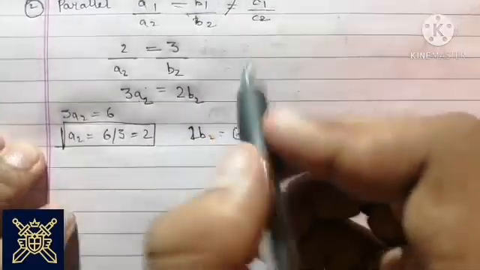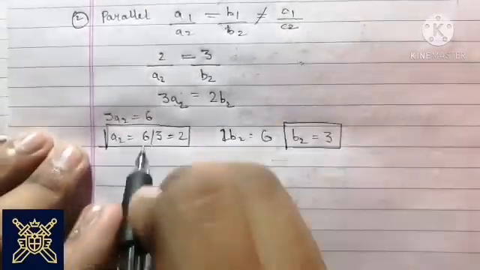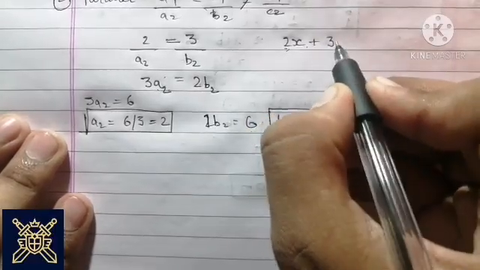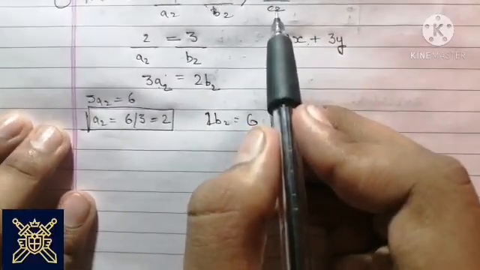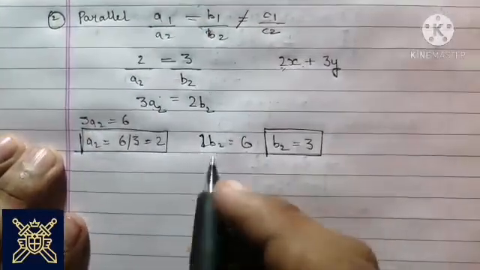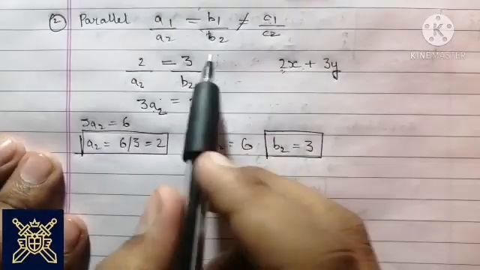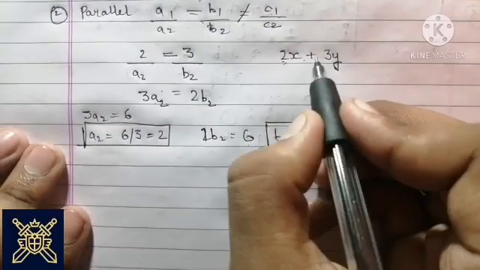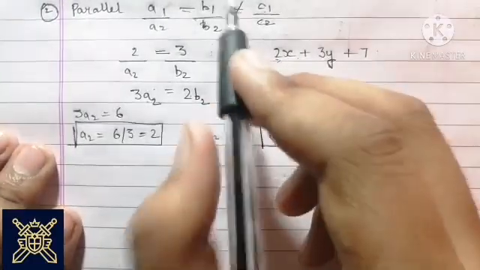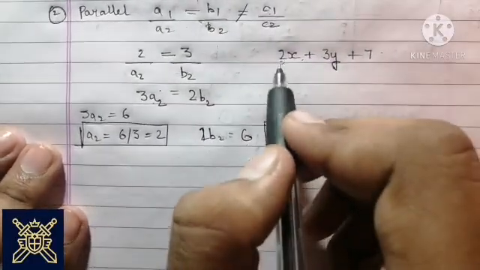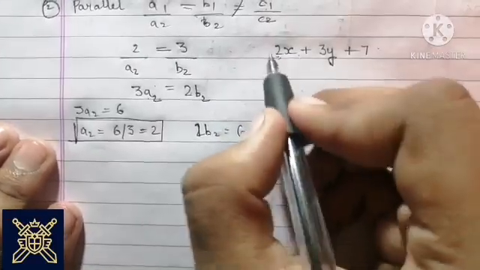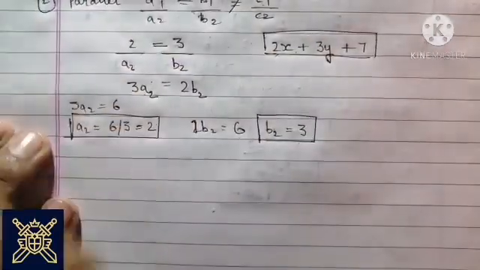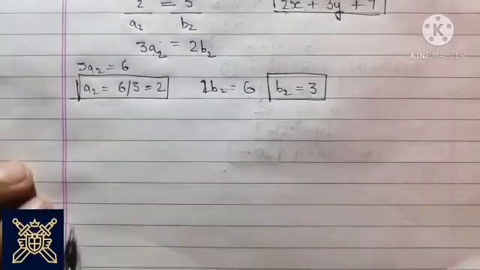Using these two values we will find the equation. Here a2 is 2, so we have 2x, b2 is 3, so plus 3y, and now c1 by c2, that is minus 8 by c2, should not be equal to either of them. If we take some value of c different from minus 8, we will satisfy this condition. So if we take the value of c as 7, minus 8 by 7 is not equal to 2 by 2, that is 1. Therefore the equation 2x plus 3y plus 7 is equal to 0 will be parallel to the given line. Now let's move on to the third part.